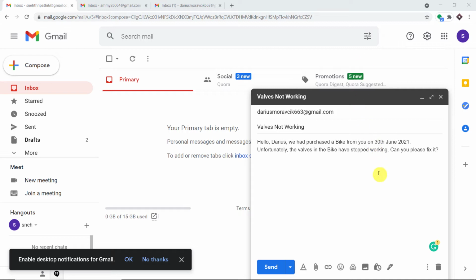Hello everyone. So in this video we will learn how to set up auto reply on Gmail in real time. So let us begin with a small example. A person called Sneh Tripathi, as you can see, this is the email profile of Sneh Tripathi,